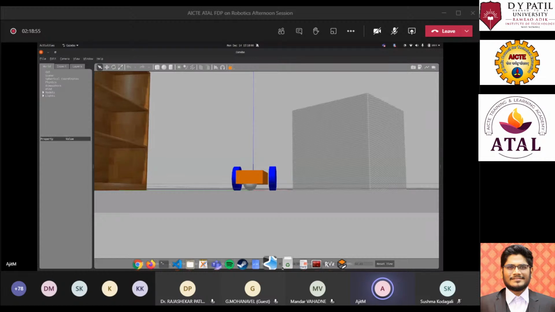I have changed the collision model. Let's change the visual model so you will understand what is happening.